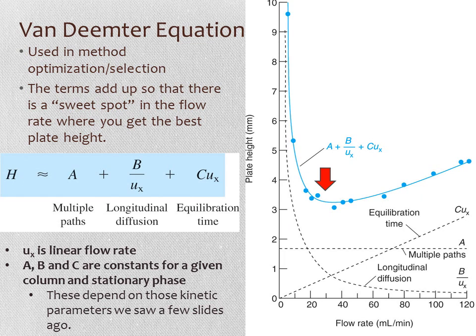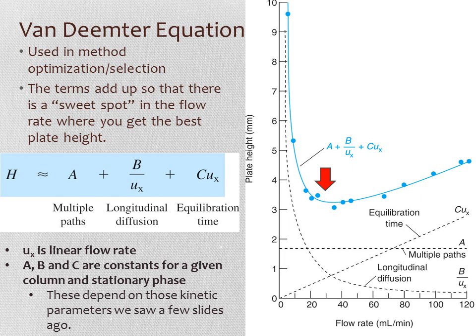So the name of that curve that we just saw is the Van Deemter curve. And this equation in the middle of the slide here is the Van Deemter equation. We use this to optimize methods for chromatography or to select a best flow rate. And the terms that are part of this, we've got A, B, and C terms that describe all of these factors for efficiency, add up so there's a sweet spot, which is right under that big red